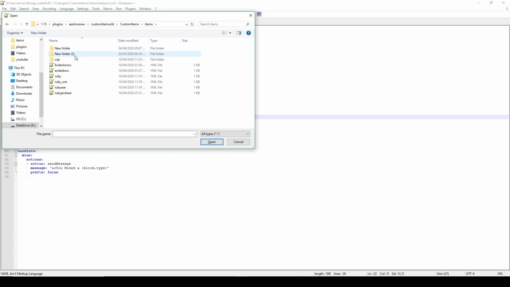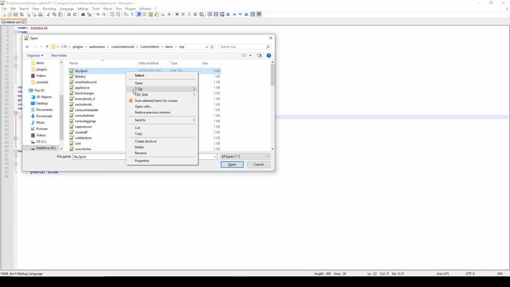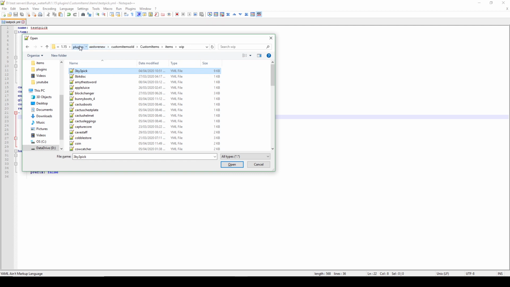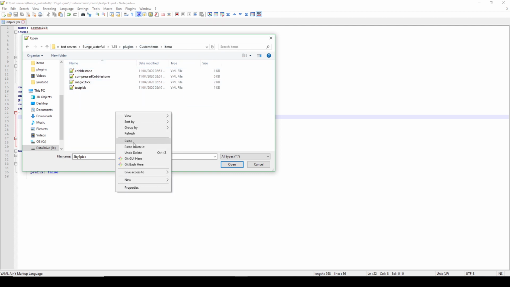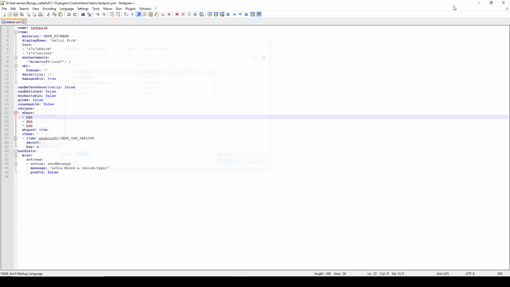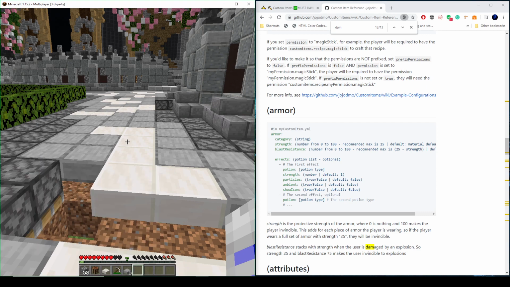So if we go in here, for instance here we've got a 3x3 pick. If we drag that back into our custom items folder and then do reload,